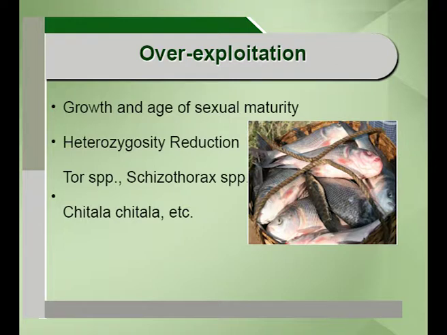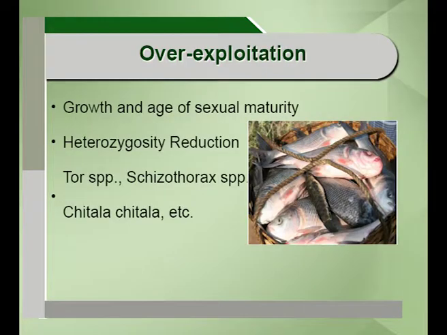The very next important threat is overexploitation. Overexploitation is very important, because it severely affects the heritable characteristics. When I say heritable characteristics, I am talking about the growth and the age of sexual maturity. This has been severely affected because of overexploitation. To mention an example, if you capture, using all kinds of gears, a large fish from a particular aquatic habitat, there is a severe reduction of heterozygosity. Because of that, there will be a reduction in the growth rate of the fish population.